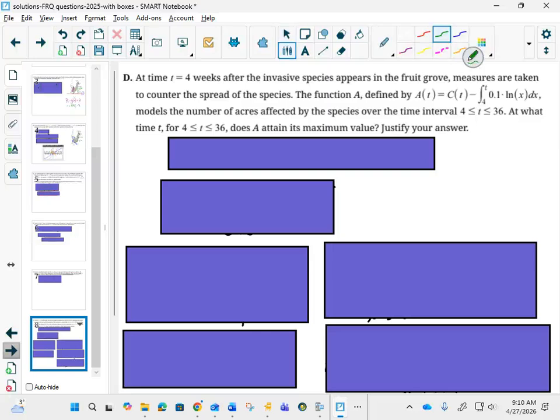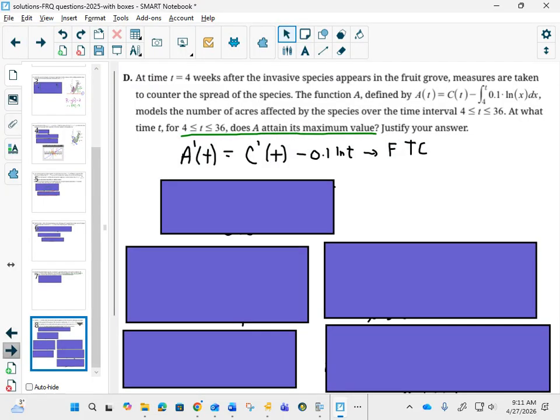So, what does this make you think of? EVT, extreme value theorem. Okay. Where is it going to attain its maximum by the extreme value theorem? Either at the endpoints or at any critical points. So to find our critical points,